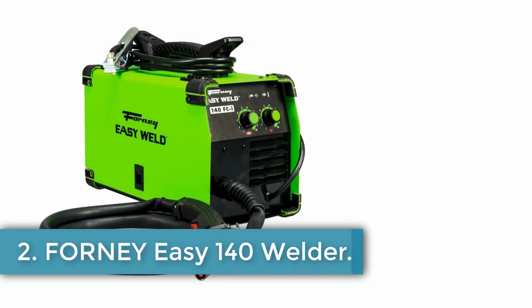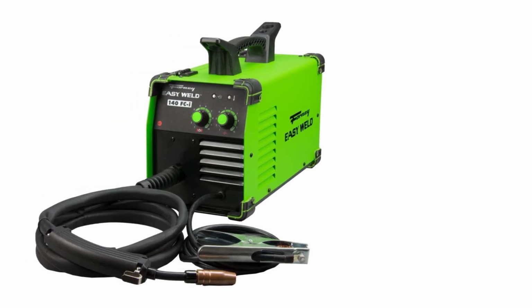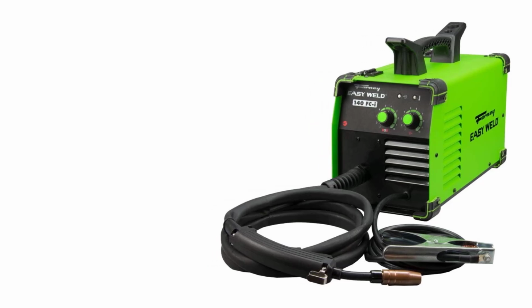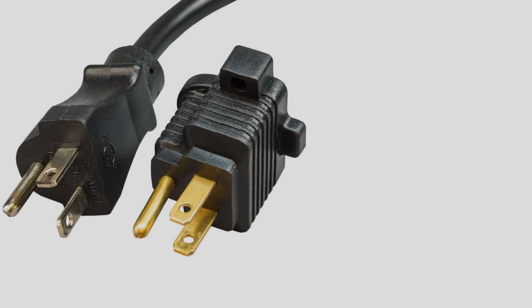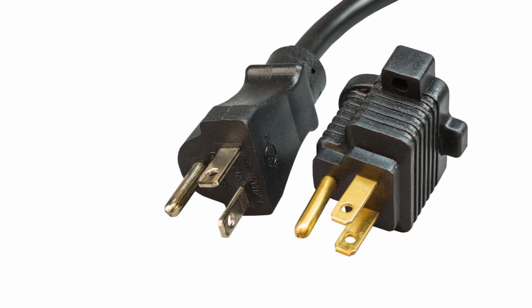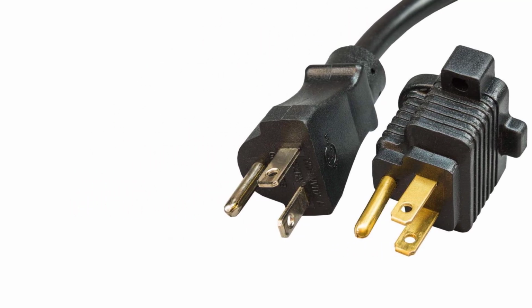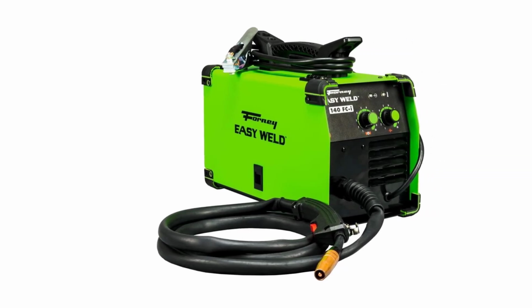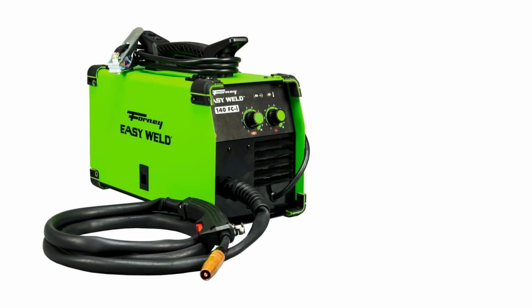The 140 FCI Welder is an easy-to-use, entry-level machine designed for versatility and portability, making it ideal for DIY enthusiasts. It utilizes 0.030-inch flux core wire and offers infinite voltage and wire feed speed control, allowing users to achieve precise welds every time. With a powerful 140 amp output, the welder can effectively weld up to a 1/4-inch of mild